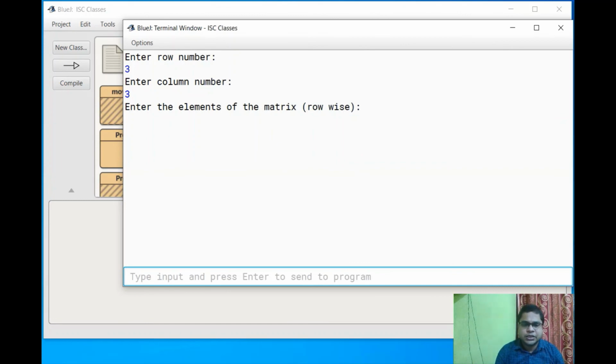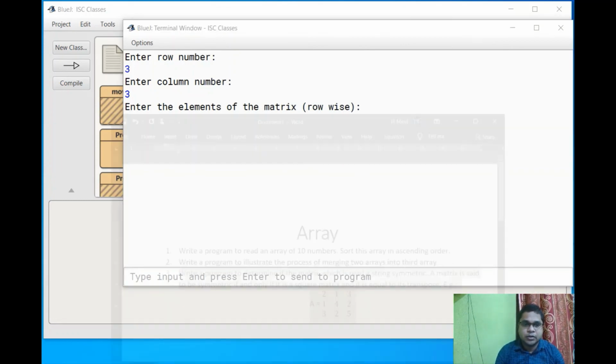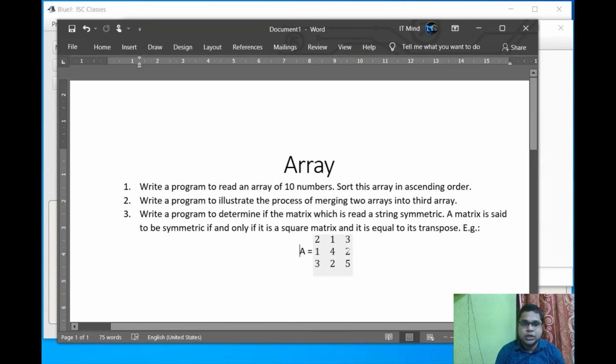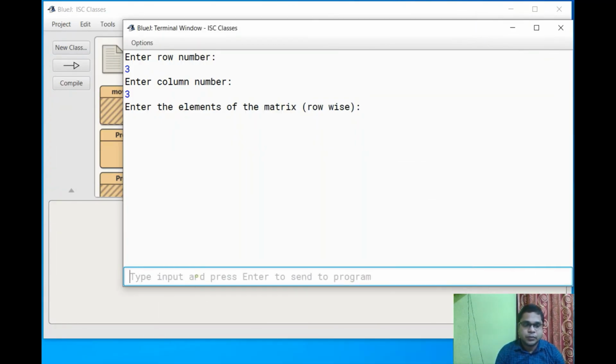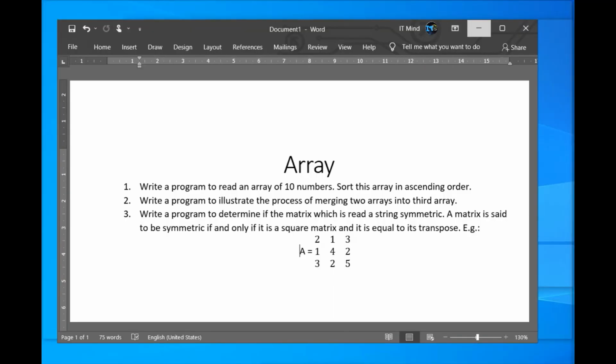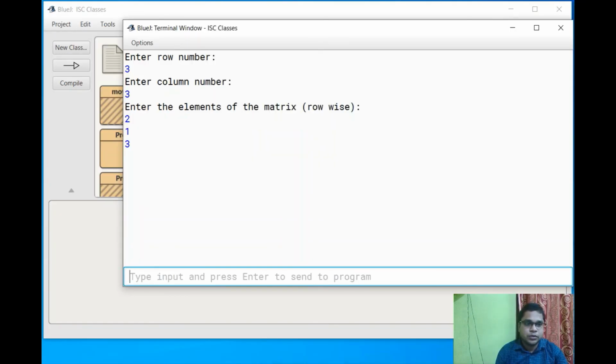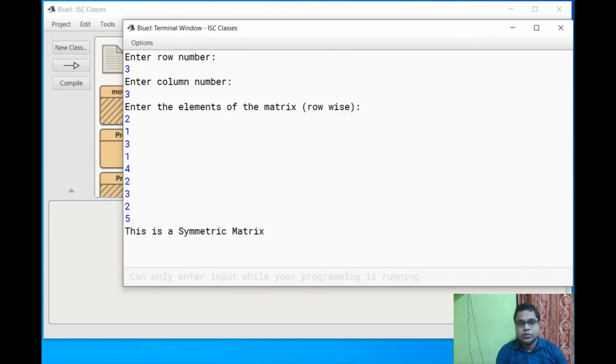Let's take the symmetric matrix example that is given: 2 1 3, 1 4 2, and 3 2 5. So see, this is a symmetric matrix.